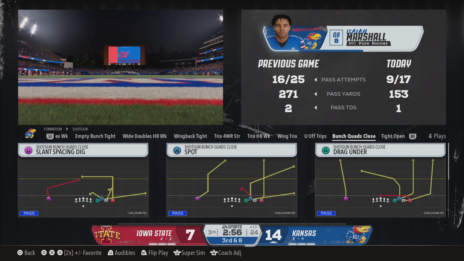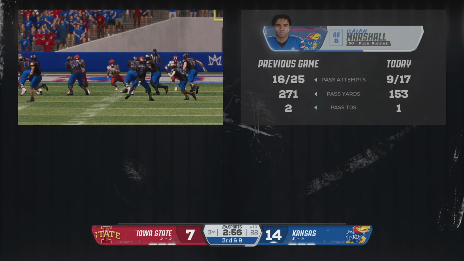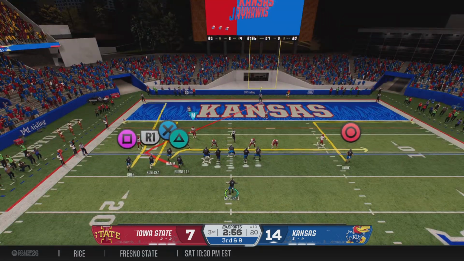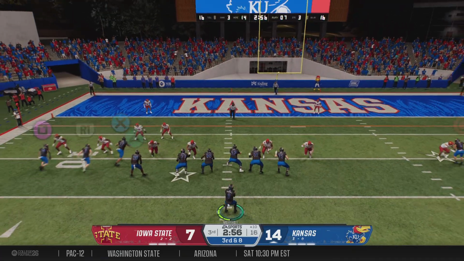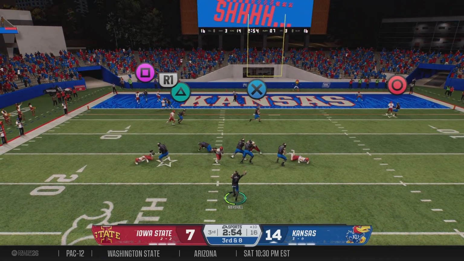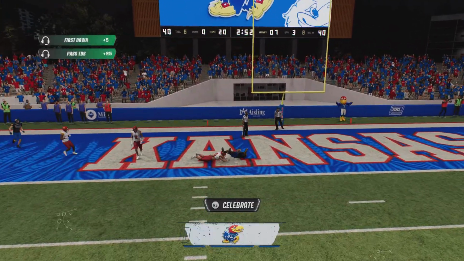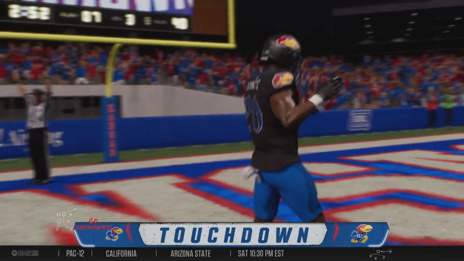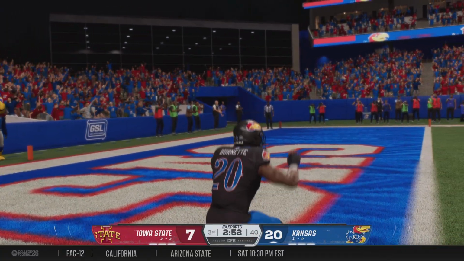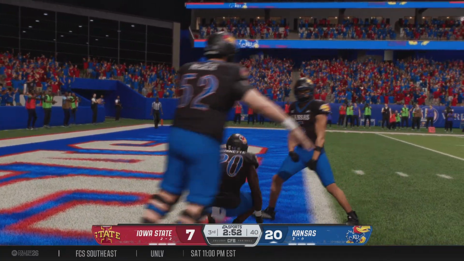This quarterback right now is in a groove, and he's doing a nice job in pre-snap. He's reading the coverage, and he's getting an idea of where he wants to go with the football. That's why the ball's coming out of his hands so quickly, and that's why he seems like he's in a great rhythm. Into the hallelujah land. Touchdown, Kansas! The offense flexes its muscle a bit and widens the gap.